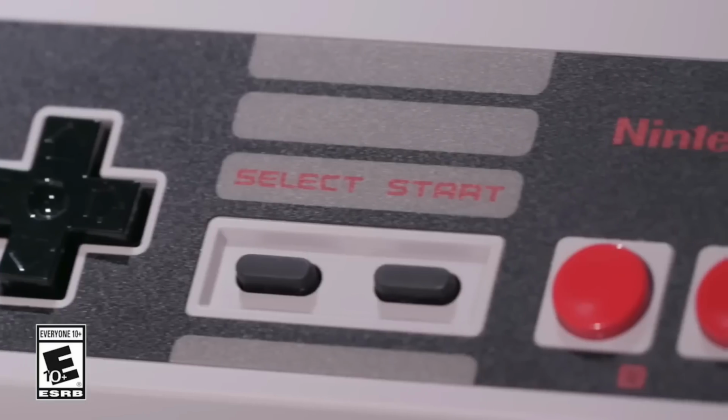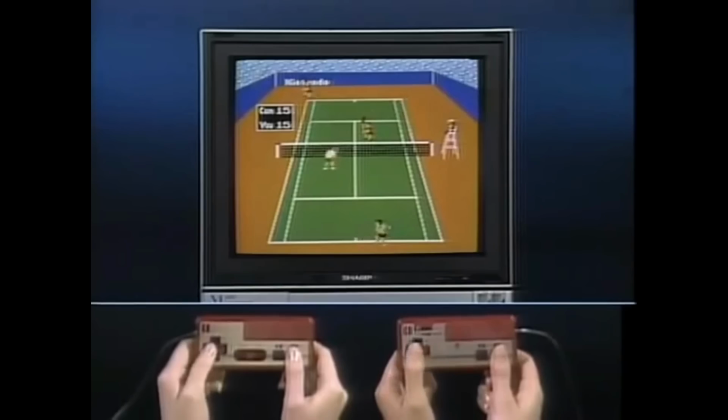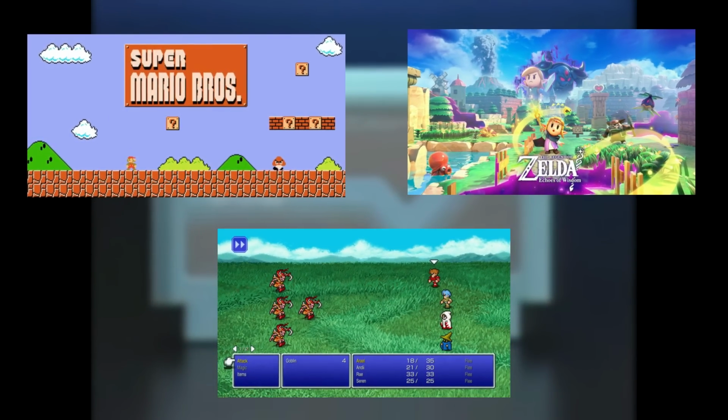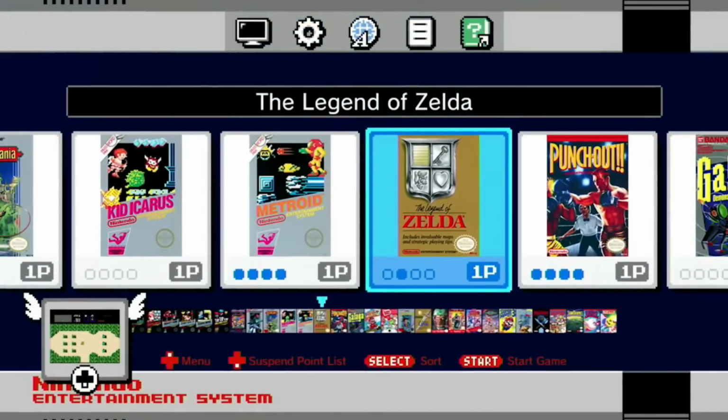The Famicom Classic Mini is a tiny replica of the original Famicom, complete with its distinctive red and white design, and it comes preloaded with 30 legendary games. We're talking about classics like Super Mario Bros., The Legend of Zelda, and Final Fantasy. The Famicom Classic Mini is adorably small, fitting right in the palm of your hand, and it stays true to